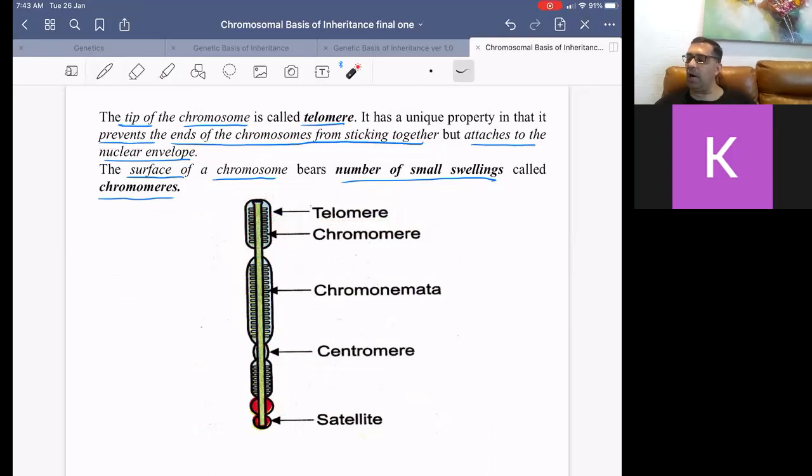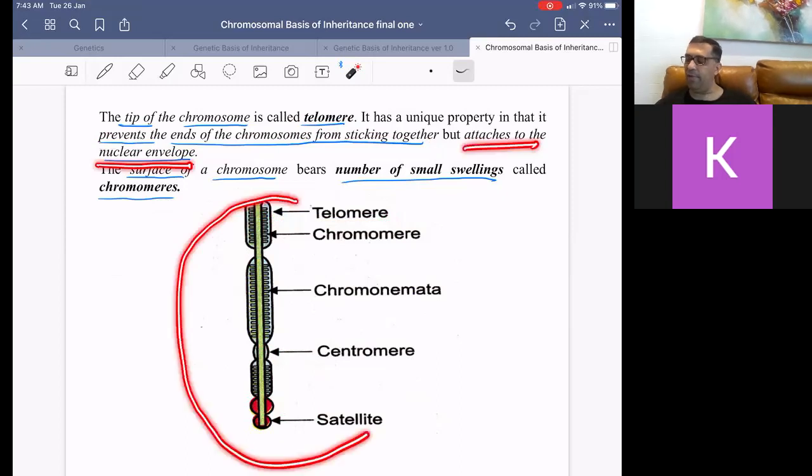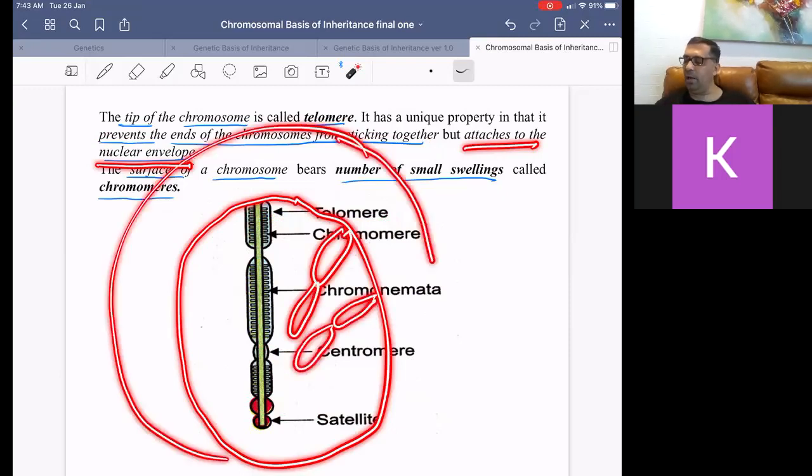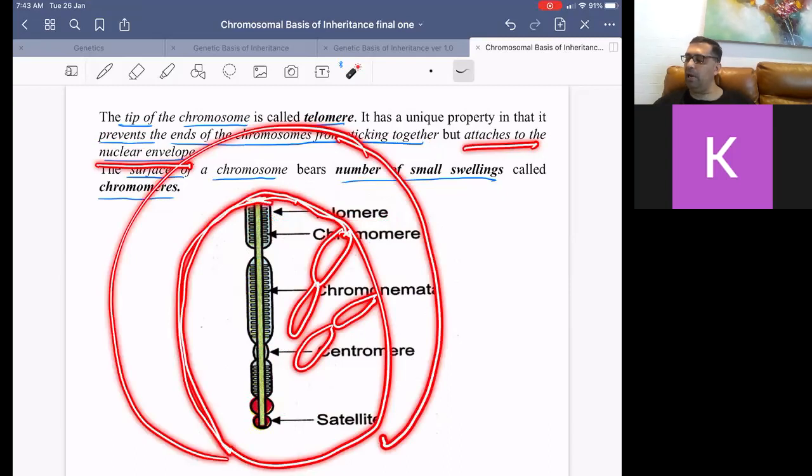But telomeres attach the chromosome to the nuclear envelope. So this is the cytoplasm with cell membrane, and this is the nuclear envelope, and telomeres help the chromosomes get attached